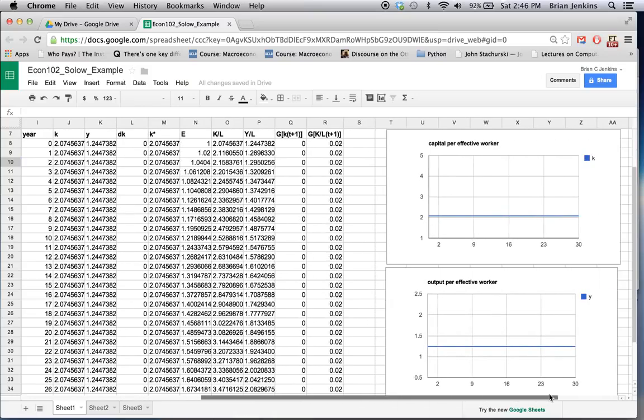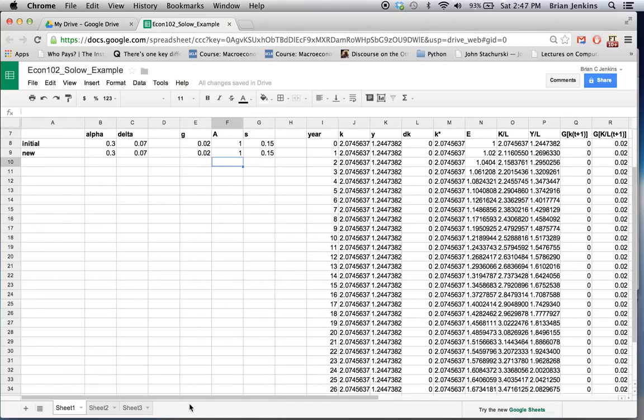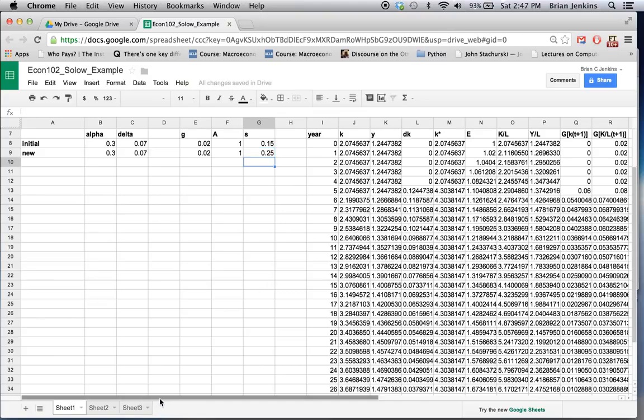Come back to my transition diagrams. Since there's no change, since we're in the steady state, output and capital per effective worker are constant. Let's see what happens if there's an increase in the savings rate. Suppose we increase the savings rate from 15% to 25%. So I'll type in 0.25 for the new savings rate. Again, the model starts out in a steady state by construction,